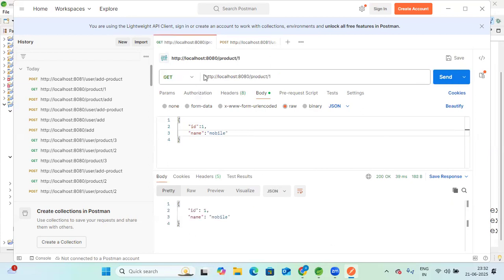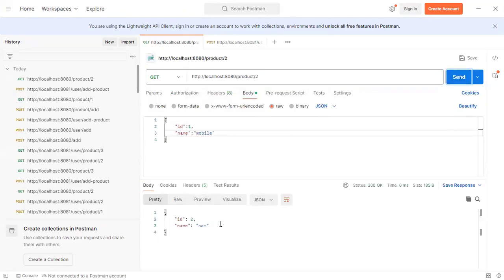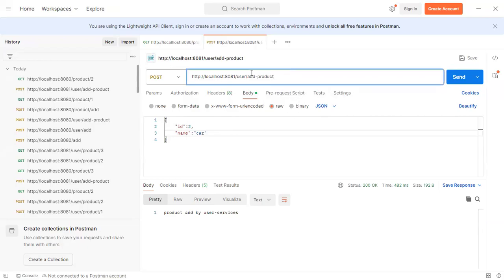Now I am going to the URL of the product service. Now if I hit enter, ID is 2 there. I will hit 2, enter. Basically, see, we are getting the ID with the name. With the help of the user service, I have added the product inside the product model of the product service. Similarly here I can get the data which is stored in the product service's product model, and we are getting the data inside the user service with the help of the REST API, which we have created, and consuming those REST APIs with the help of